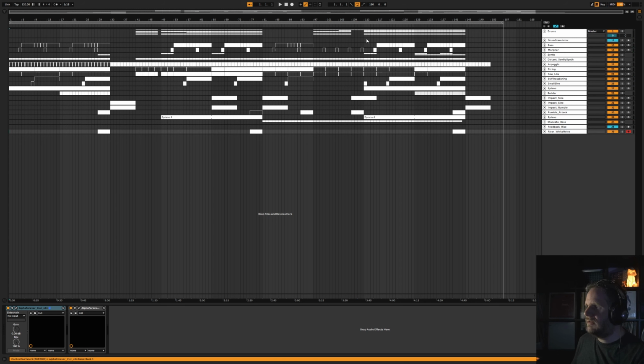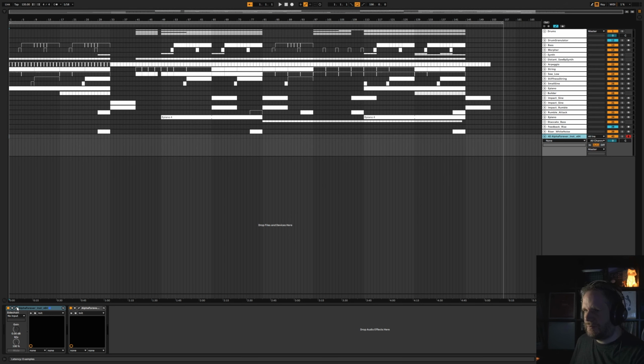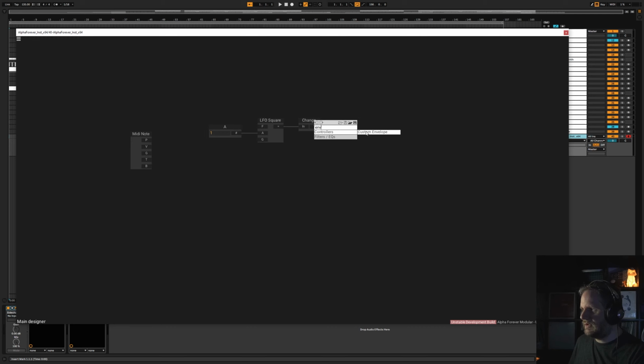And I did one more thing, which is going to be pretty non-traditional sound design. So we will need a MIDI node for sure, and an LFO square for sure. And I wanna check this for change. So we will create some triggers, and I'm going to need an envelope follower. Alpha Forever Modulated maybe is more visual, like this. And